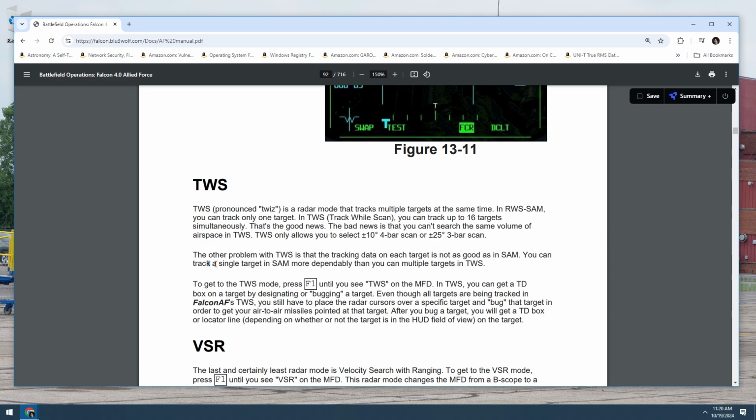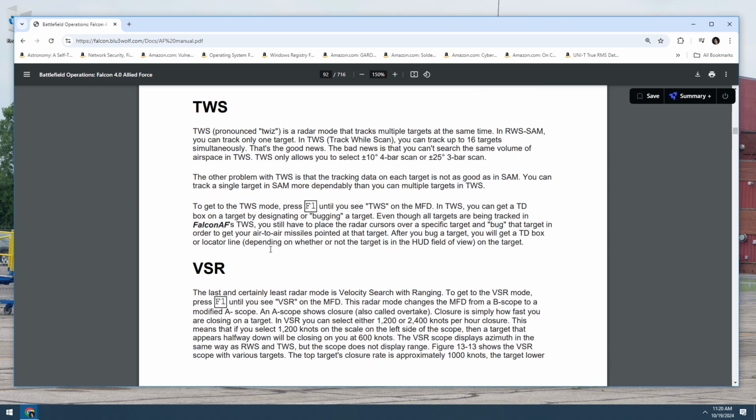You can track a single target in SAM more dependably than you can multiple targets in TWS. To get to the TWS mode, press F1 until you see TWS on the MFD. In TWS, you can get a target designator box on a target by designating or bugging a target, the same way we did before. Even though all targets are being tracked in Falcon 4's TWS, you still have to place the